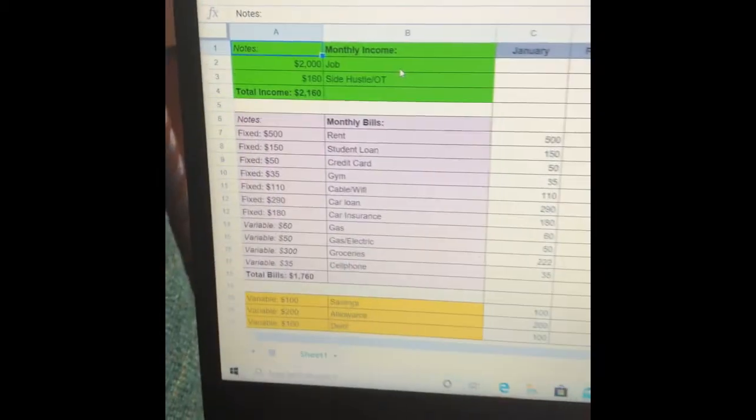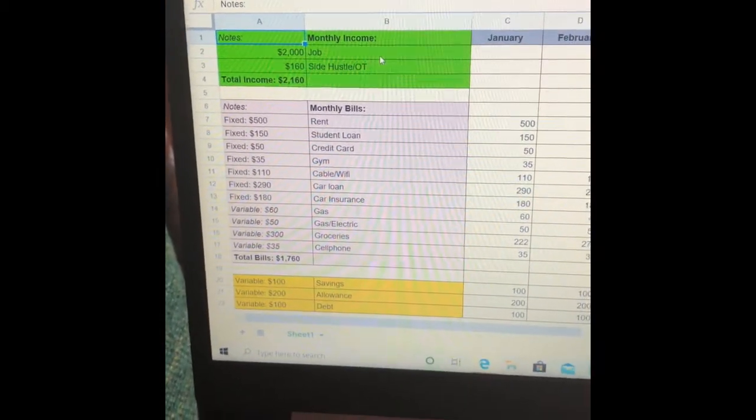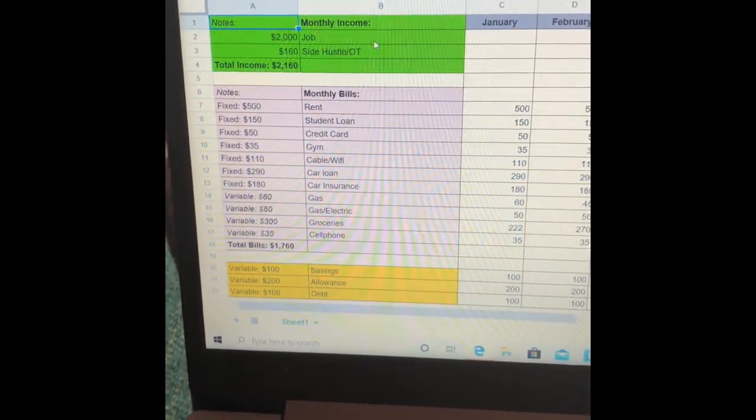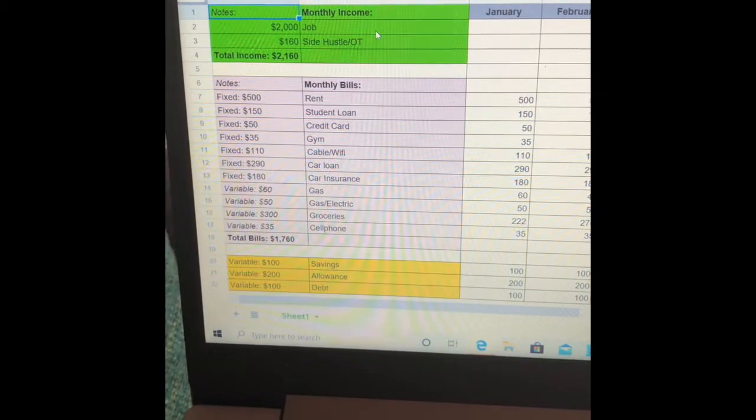I'm more of a computer type of person, so I do mine on, it's not Excel, it's Google Sheets, which is like Google's version of Excel, but I find it to be super helpful. It lives on my drive on my computer, so I can always access it, and I'll show that to you right now. So guys, this is my computer screen right here, and like I said, this is basically what I use in terms of budgeting.